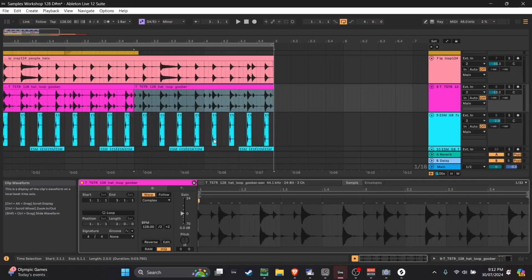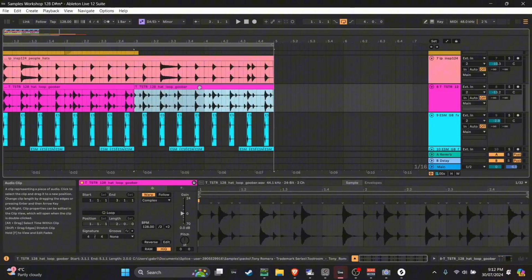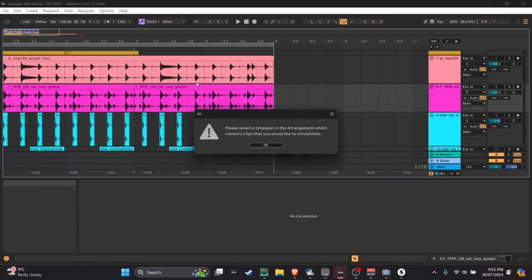Yeah, no, there's not a way to go back other than Control Z. But you can duplicate the track. I think duplicate's the best way. But once you do consolidate it and turn it into a new sample,